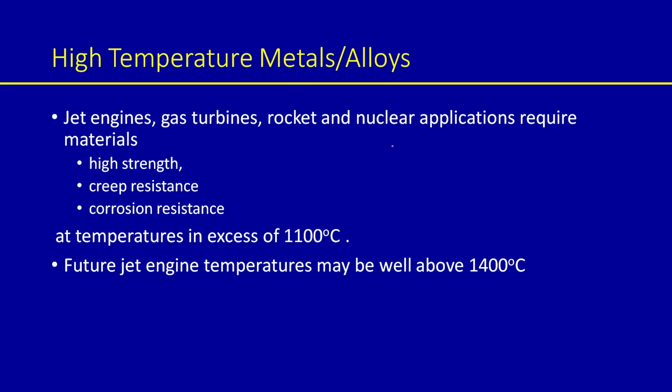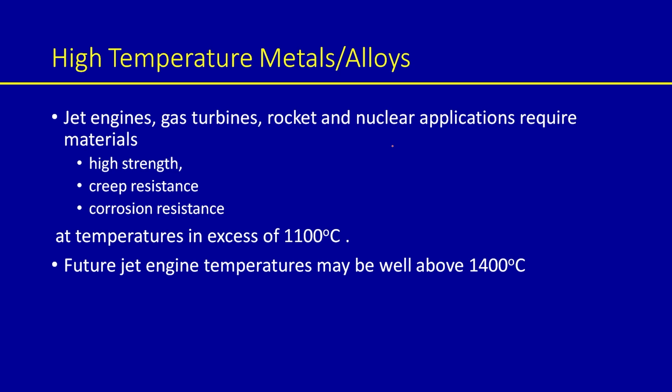Well, a few important aspects which we discussed. First, we talked about high temperature metals and alloys, and they are used for jet engines, gas turbines, rocketry and many nuclear applications. Materials will require high strength, creep resistance, corrosion resistance. Some of this we will talk about in the later part of today's lecture, and this will be required at elevated temperatures, in excess of 1100 degrees Celsius. In fact, future jet engines will require materials that can withstand above 1400 degrees Celsius. So, we are yet to see those kinds of materials,